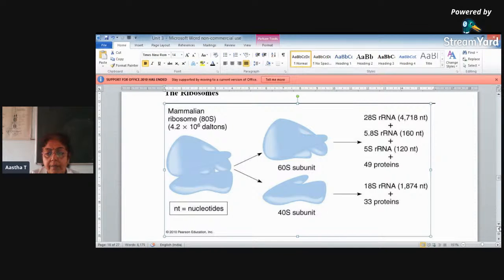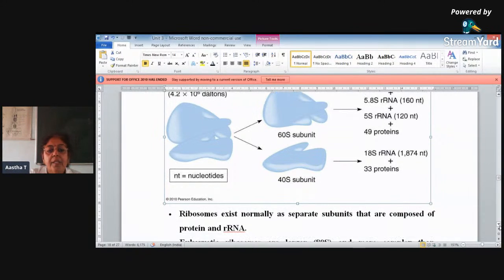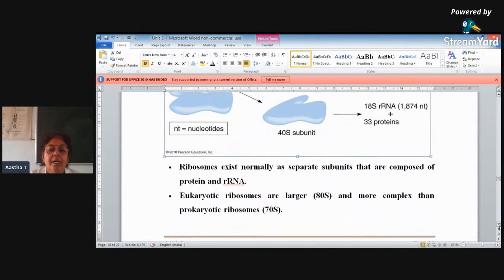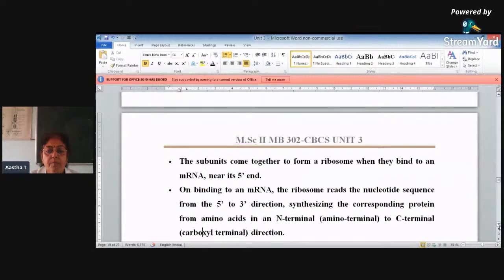Chair model. खुर्ची सारखं असतं असं. These ribosomes usually are present separately. These two subunits are separately and they are made up of mainly proteins and rRNA. 80S and 70S in case of prokaryotes. These subunits will form one particular entire ribosome when there is need of protein synthesis or when they